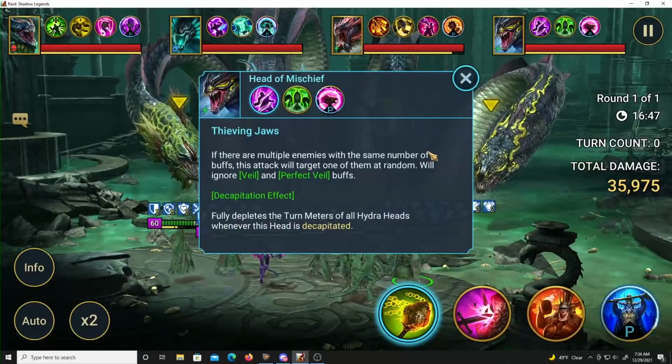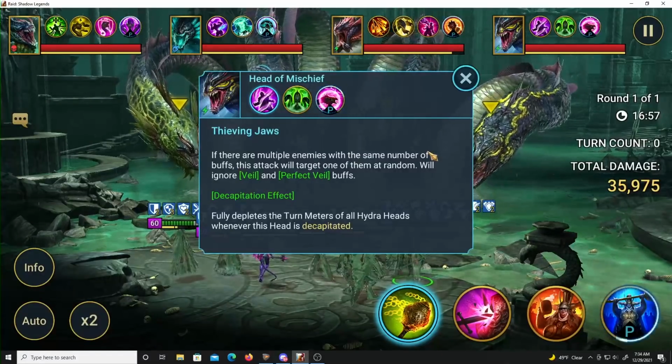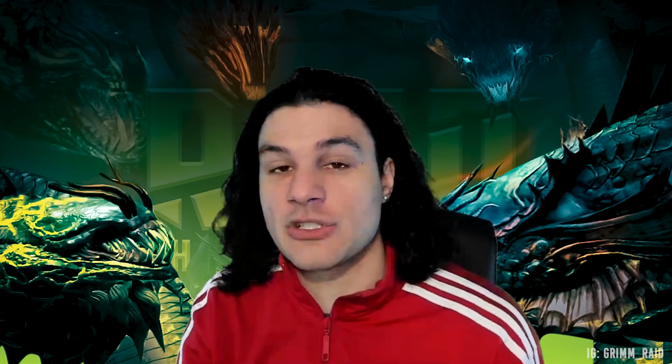One thing I do like is this decapitation effect. If somehow through time we can figure out a really good strategy for this, ideally you want to decapitate this guy last. Now that's going to be contrary to what I just said about burning him down, so why would we want to do that? Because he's so easy to counter with one champion for one, and secondly, if you have decapitated heads,